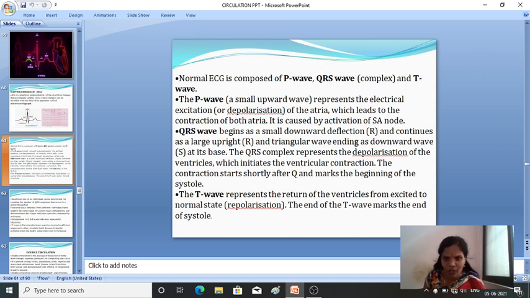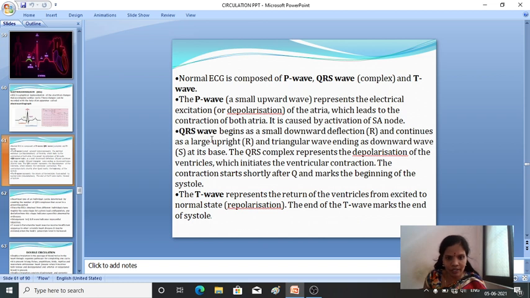Q is small, R is a large upright wave, and S is downward. Q, R, S is a complex, and it represents the depolarization of the ventricles. QRS represents the depolarization of ventricles, and P represents the